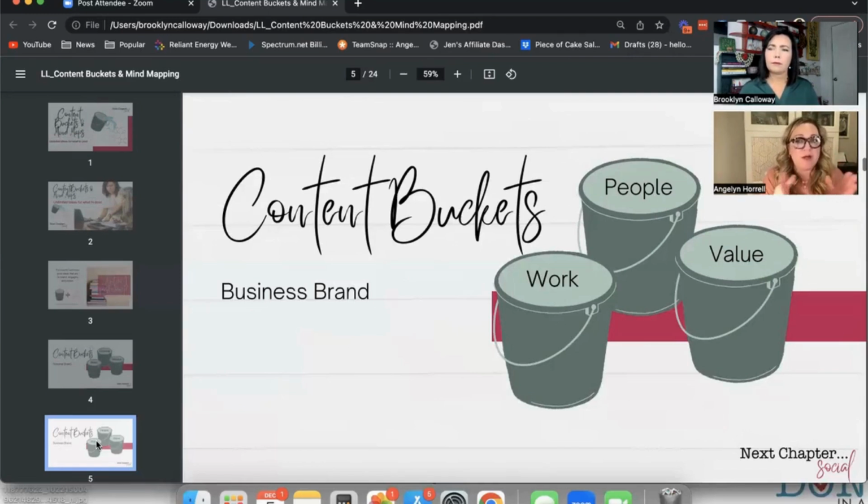So those are the things that you want to make sure you fill your page with, as a business brand. And if you kind of want a percentage, which I think is super helpful, value added content is about 50% of your posts. Okay. Your work is about 30%, and the people, because there's probably fewer stories to tell, you can run out of content for that. But people, the stories behind the humans, that's about 20%. So 50, 30, 20, value, work, people. Okay. That's really, really good.